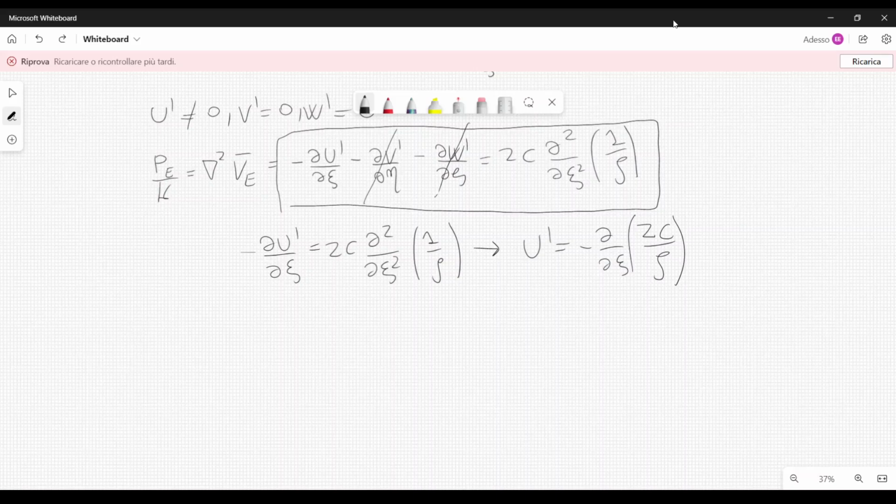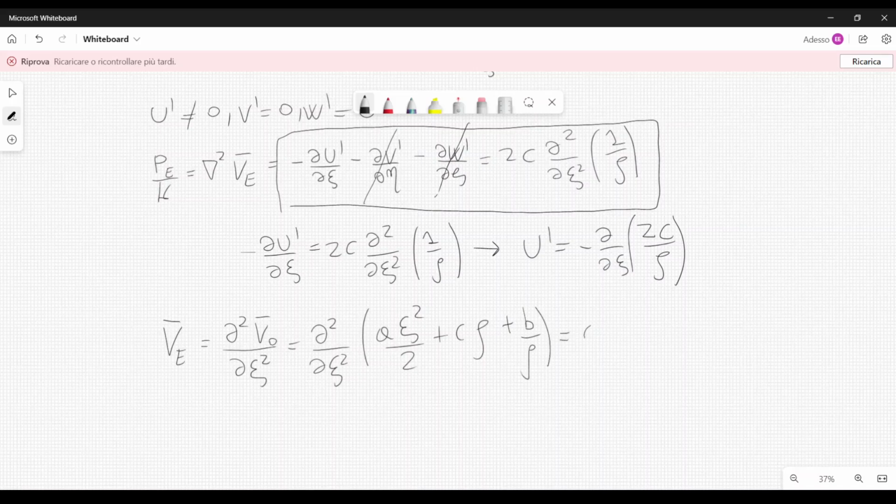Let's continue solving our equations. Remember that we have V_E bar equal to the Laplacian of V_0 bar, d squared over d xi squared of V_0 bar, which is a xi squared over 2 plus 0 plus b over rho, which is equal to a plus b del squared d xi squared 1 over rho plus c d squared rho d xi squared. And from here we can also define V_E prime